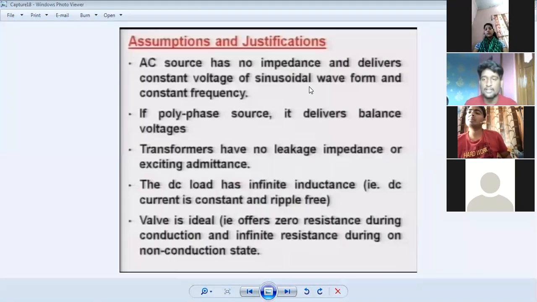Okay sir, now the valve is ideal. The other is that the valve is ideal, that is, it offers zero resistance during conduction and infinite resistance during